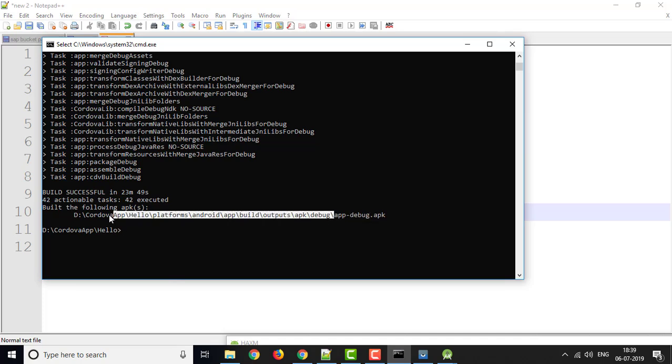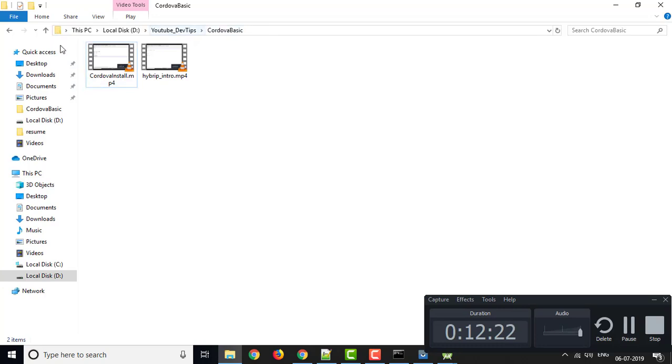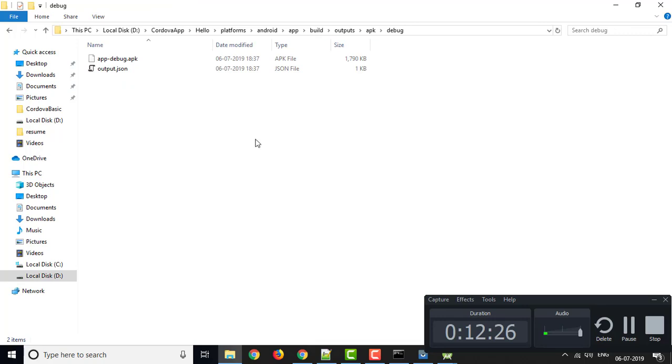If you see, copy, go to this path. Here you can see app-debug.apk. This file you can also copy on your memory or SD card, and after that you can also run.